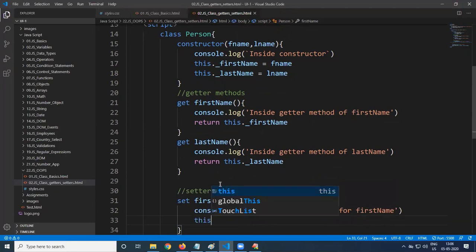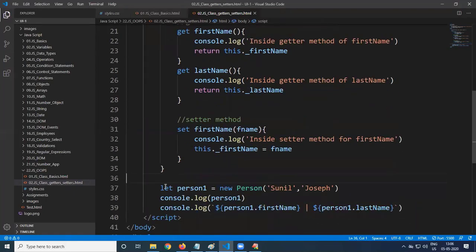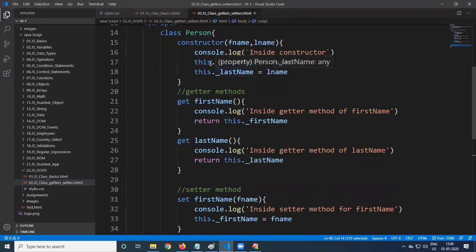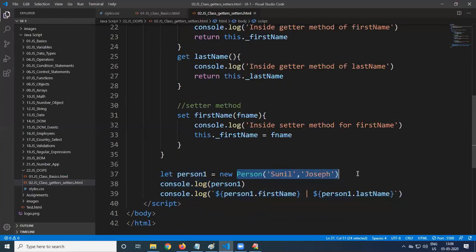So this dot, what is the actual property? This dot underscore first name is equal to f name. So whenever anyone sees this particular part, actually we will not expose this class. In a real scenario, we will not write this person class directly inside this program. We will write it in some other place. Then we are directly creating an object.